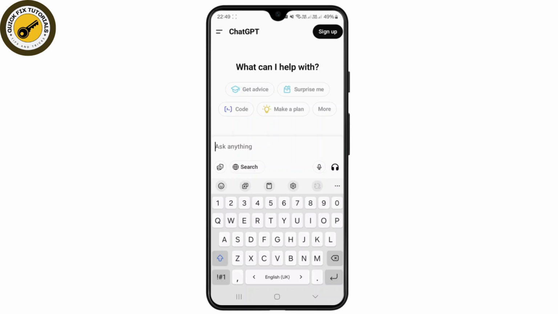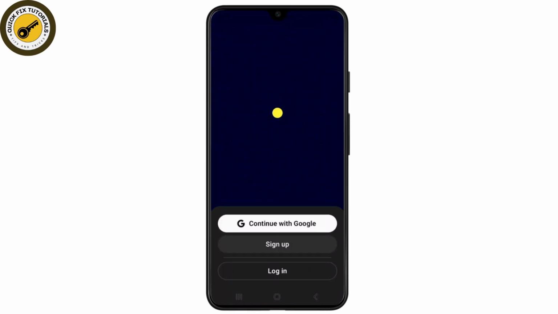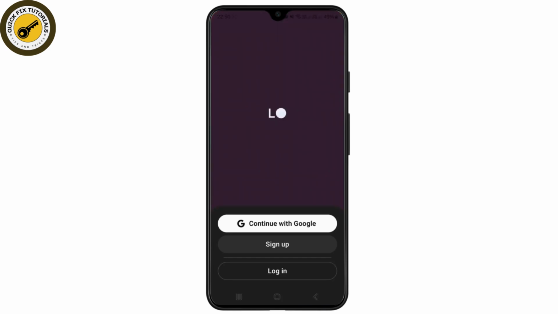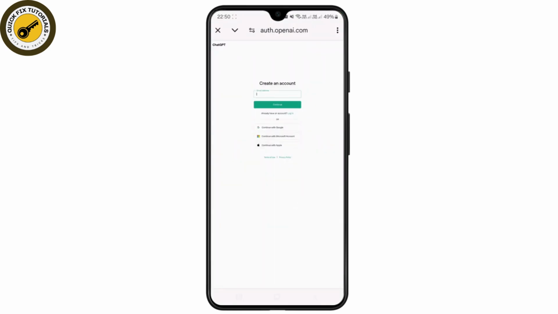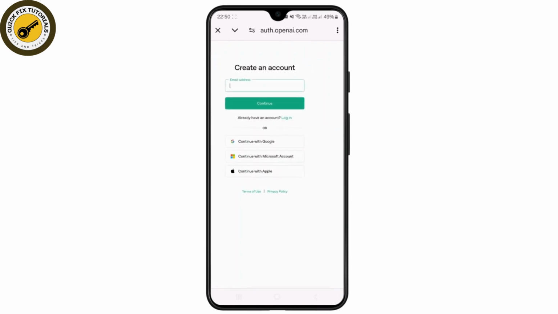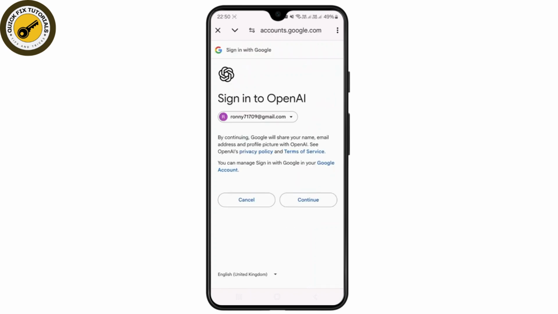So all you have to do is first make sure to sign up, because it will store all of your data, so the next time you ask you can continue the chat from over here. Let me show you an example by simply signing up. When you click on sign up, you can actually sign up with your Google as well. You can also sign up with your email. I'll just click on the sign up button over here, and it might take you to this page, where you'll have to simply enter your email address as well as password. Let me quickly fill that up, and once you select all of your confirmation, simply click on continue,